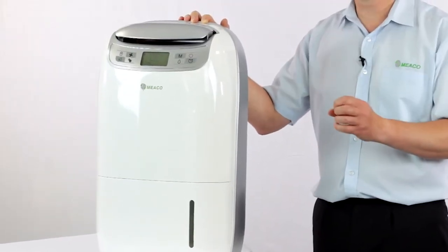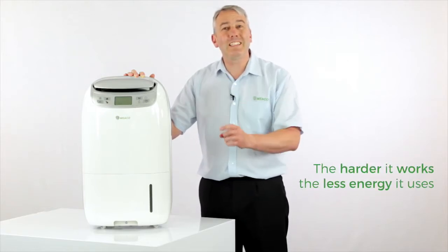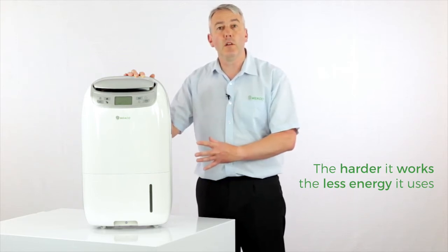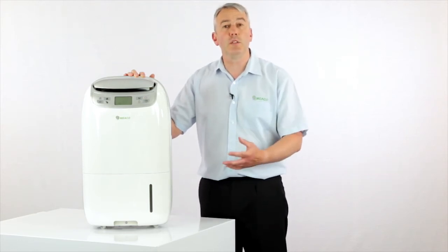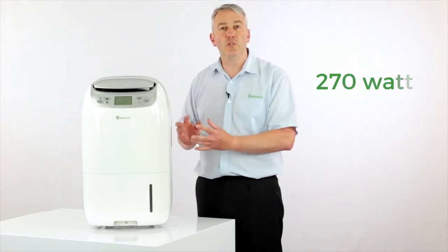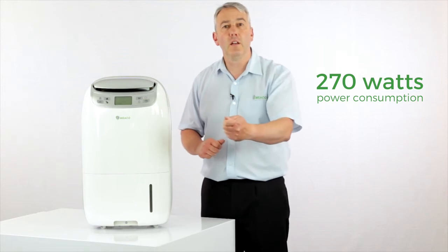Now, DC technology, the harder you make this machine work, the more water it collects for you, the less electricity it's going to use. So you can run this really hard on its most powerful mode and it will use less electricity than it would do if you just run it along gently in its lowest mode. It's a 25 litre machine just using 270 watts, and the reason why we call it a dryer and not